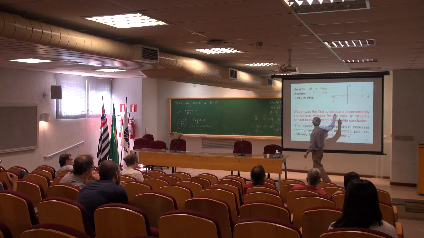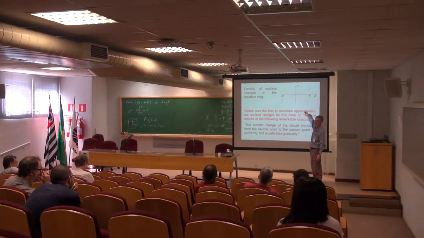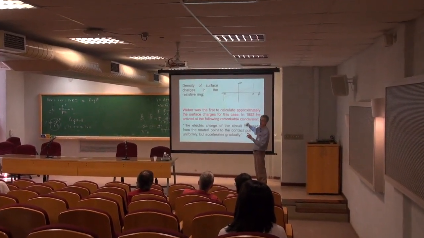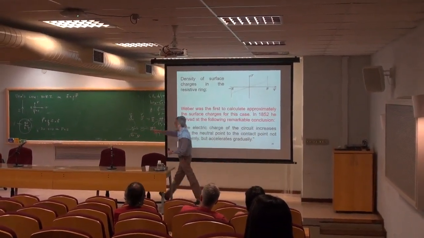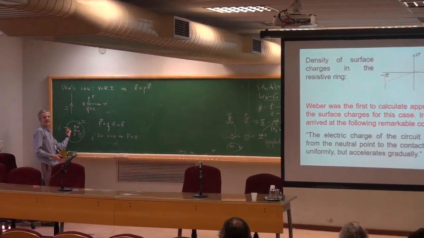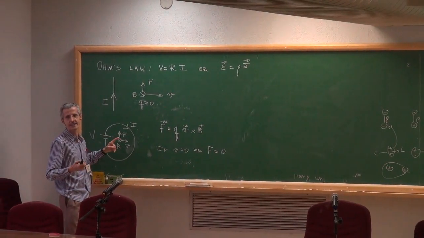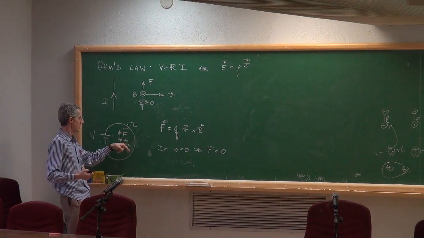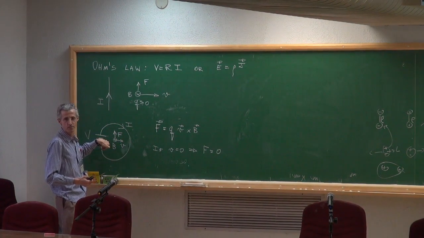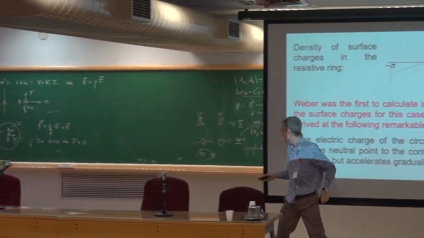At the top here, I am showing the numerical solution of the ring. So the charges go linearly when we are far away from the battery. If the battery is here at the left, the potential goes linearly with the angle from here to there. But the surface charge doesn't go linearly. It goes linearly here, but then it explodes close to the battery. This is the analytical solution based on this